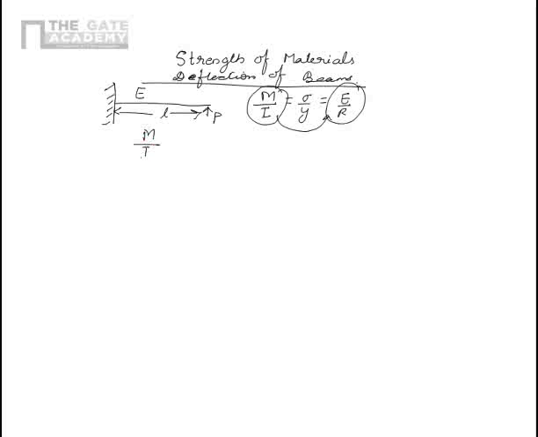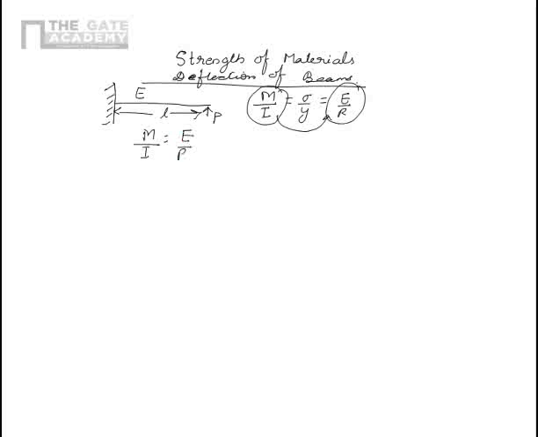Cantilever beam is having a tip load of P, and it has length of L, and its Young's modulus is E. Now recall the formula of moment. It is called M upon I equal to sigma upon Y equal to E upon R. Now in this equation we take these two terms. So using these two terms we get M upon I is equal to